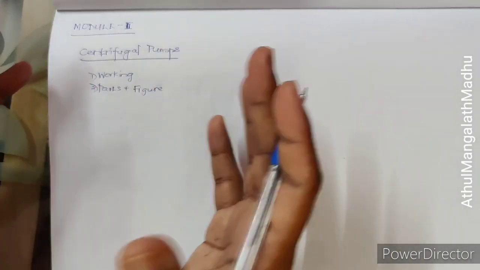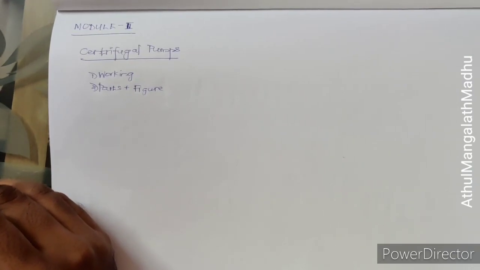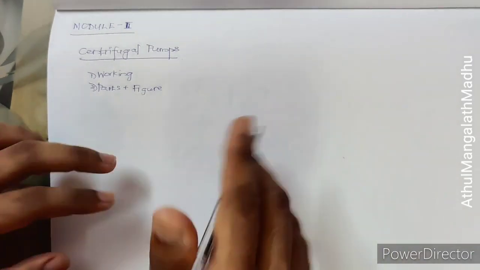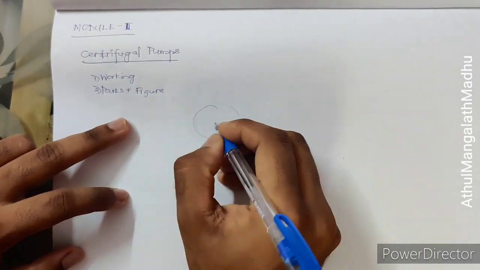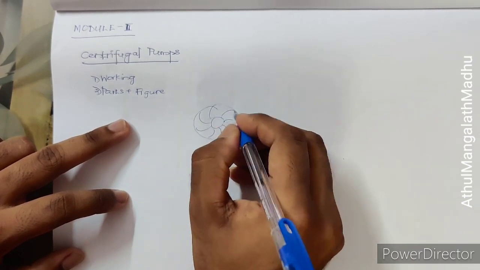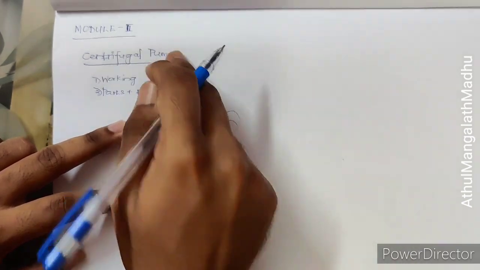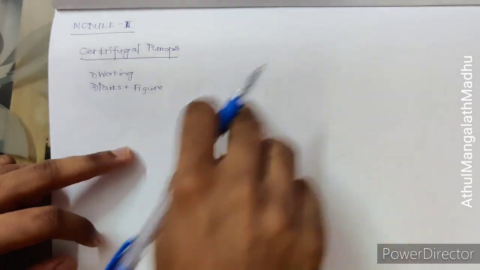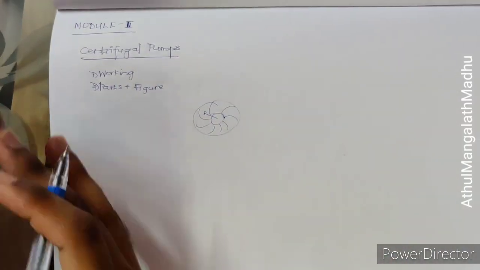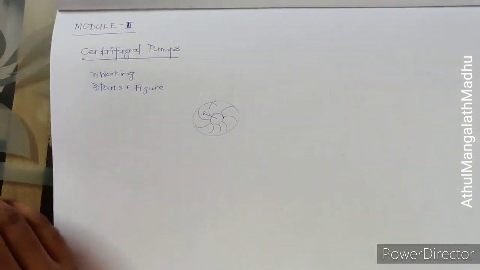Then after the parts, the velocity triangle of a centrifugal pump. Always remember, the water will be coming from the interior. It's a radial outward flow. In the case of a centrifugal pump, you have the impeller like this. It will be rotating and water is entering like this. So it is radially outward flow. Water is going from the center to the outside, and how the pressure is changing, how the velocity head is changing, all these things will come under the working procedure.